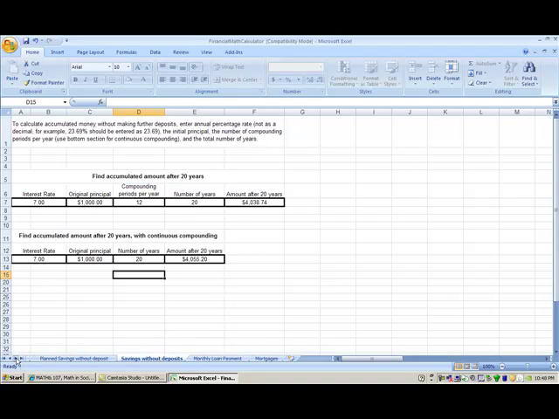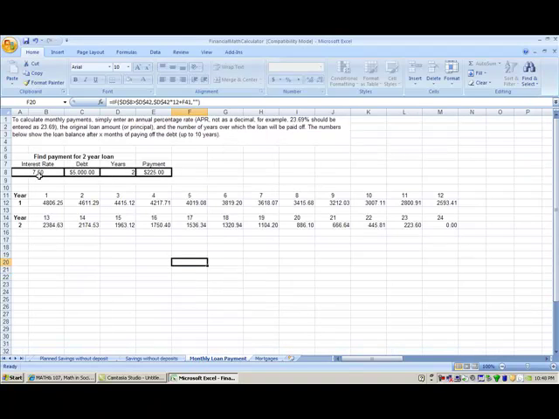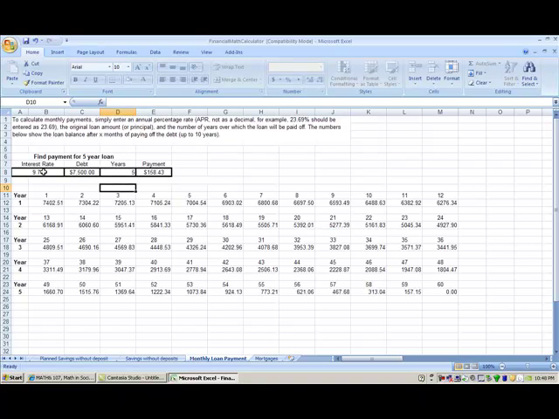The last two sheets that we have down here at the bottom are for monthly loan payments. So you'll enter interest rate on your loan, 9.75%. I've borrowed $7,500, and I'm going to take out the loan over 5 years. There's my monthly payment, $158.43. And then below here we have what your balance will be each month for those 4 years. And obviously here at the end of the 5 years, your loan will be paid off. And then